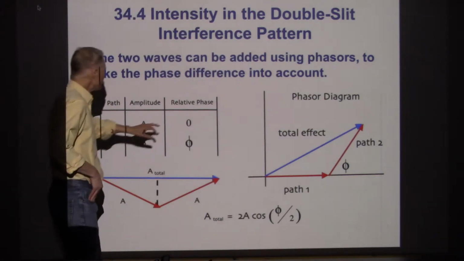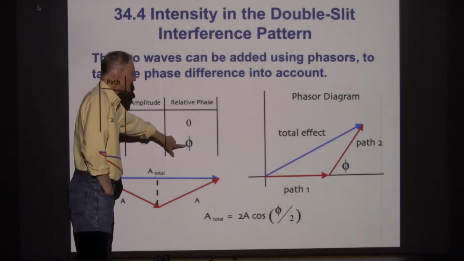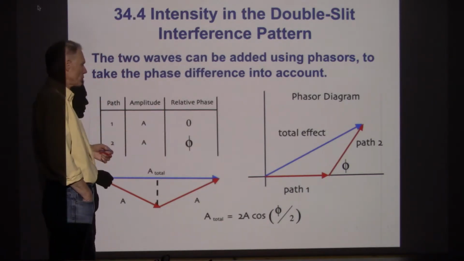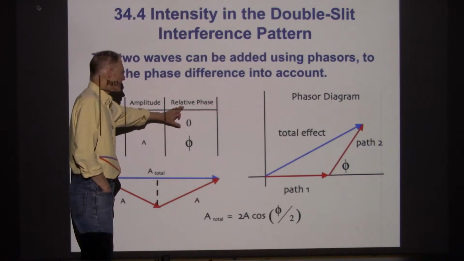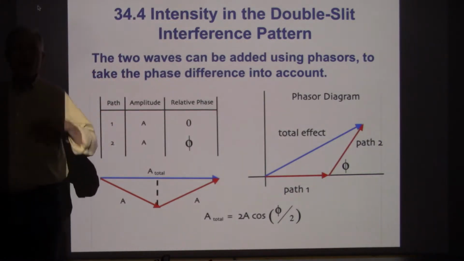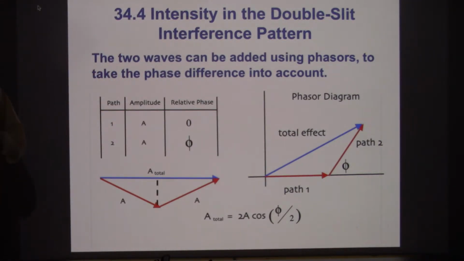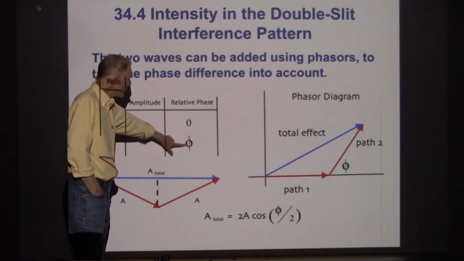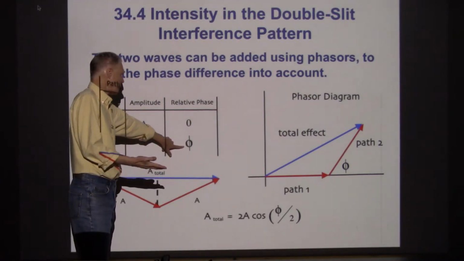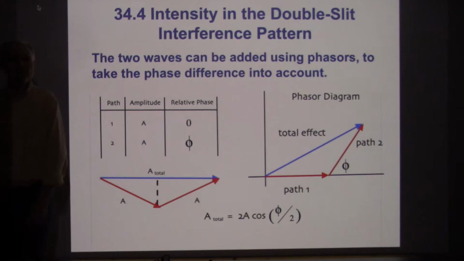Now the relative phase between them, I'm going to call that phi. I think that's the same notation our textbook uses. Anyway, remember this is just a relative phase. It depends on how much phase one path has with the other. We could just as easily have said this phase is 1/2 phi and this phase is minus 1/2 phi. We just need something that says that,